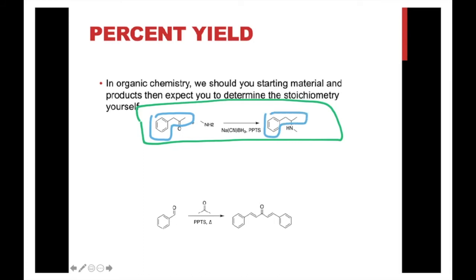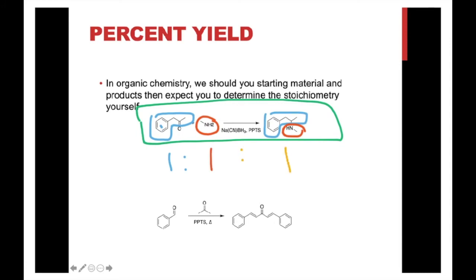So there's one of this thing with this aromatic ring, which is this ring right here. There's one of those in the product. And there's one nitrogen in the product, right? So looking at the picture of starting materials to products, you can see that it's a 1 to 1